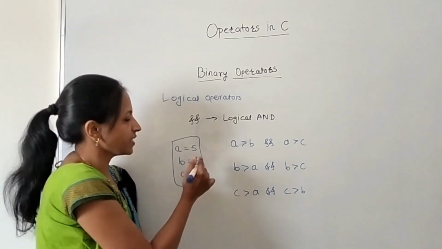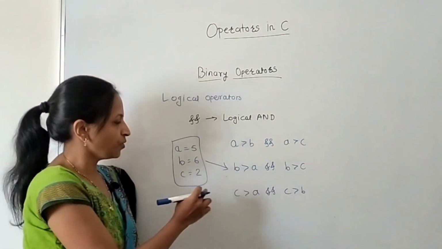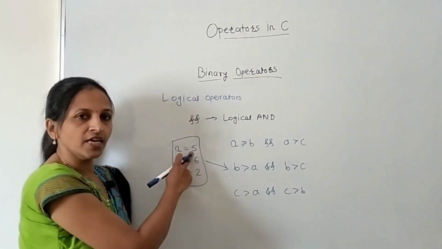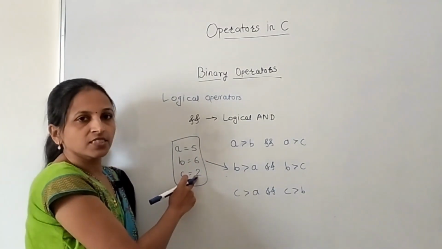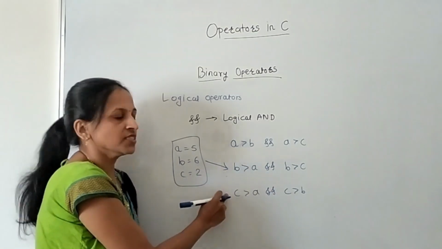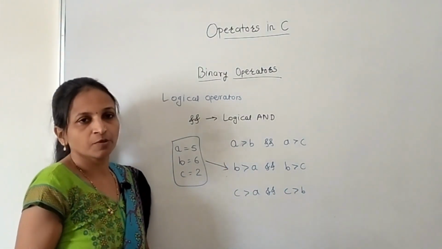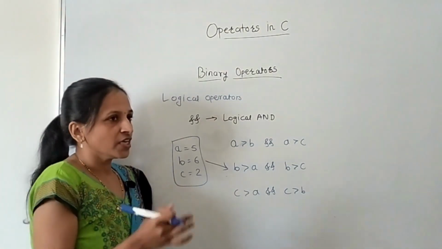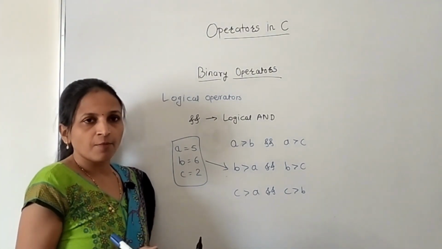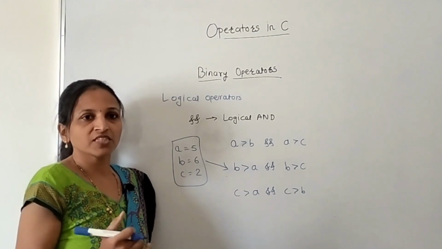Here in this case, this condition will become true. Means here B is greater than A as well as B is greater than C. This condition is false, this condition is false. That's why the result will be that B is the maximum number. In this way, we can write a program for checking the maximum between three numbers.